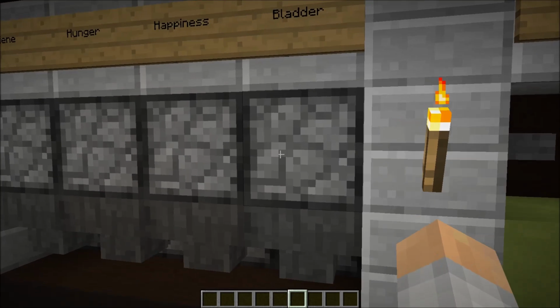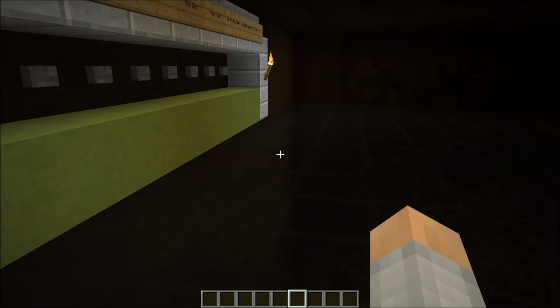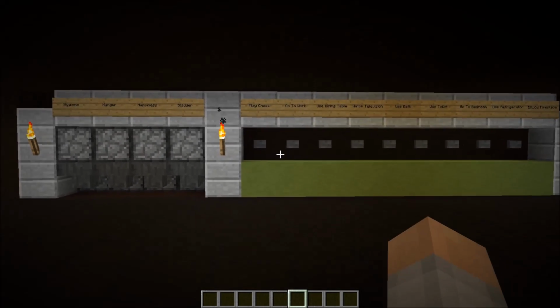Now after that, as you can see, we go back to bladder. Now it's going up slowly, and it's going to go to about 27? 28. I lied. 28, which is now above hygiene. Now that's the way Sims works, basically, is you constantly have to take care of your Sim to keep him